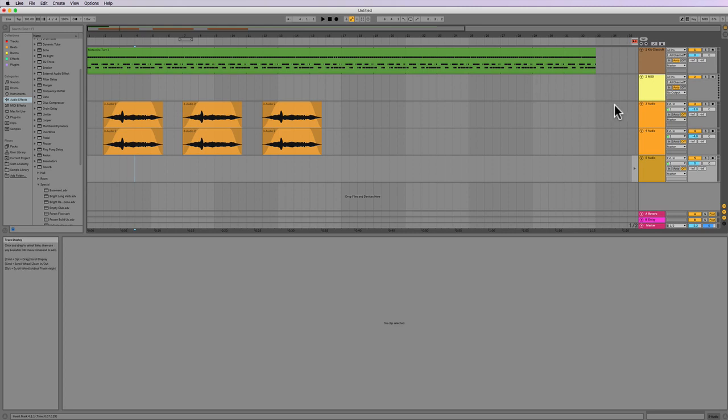Okay, let's move on and talk about MIDI recording. So, a little recap, sort of. MIDI stands for Musical Instrument Digital Interface. And what that means is that it's kind of like a protocol. That's the way to think of it. Think of it like a little language in which